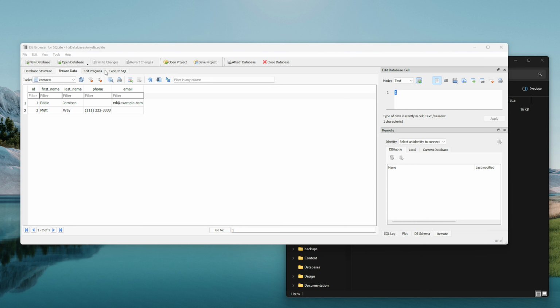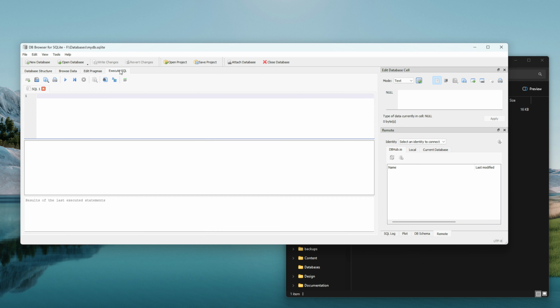So we saw how you create the table using the GUI. We saw how you add data using the GUI, but how do you insert data with commands? Well, you can do that. All you have to do, if you know SQL, you can just type the command to insert the record that you want. So let's say we want to add another record in our database. What we can do is just type insert, type the command out that you want to run,